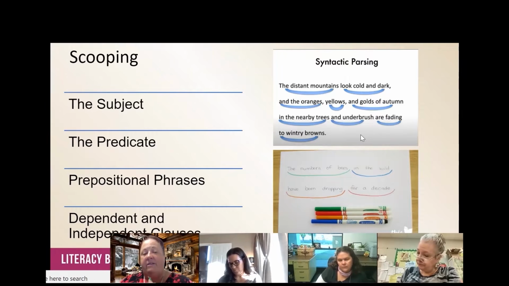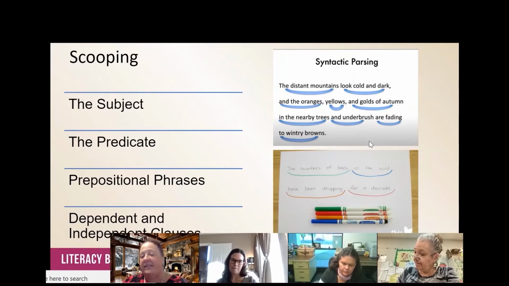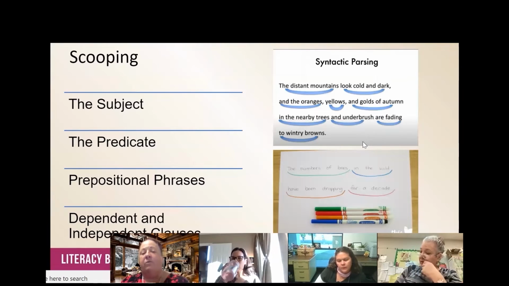So you read the subject together, and you read the predicate together, and you read prepositional phrases together, and you read clauses together. And you naturally put pauses in between them and organize those words together for meaning. So again, this is all at the sentence level. So we would take one sentence or two sentences, right? It's never a big deal what we're doing with this particular one. It's never a whole text,